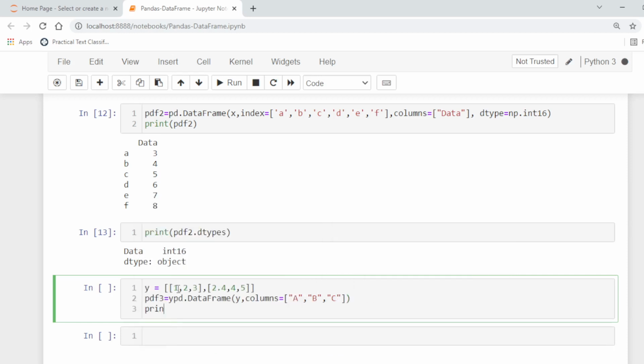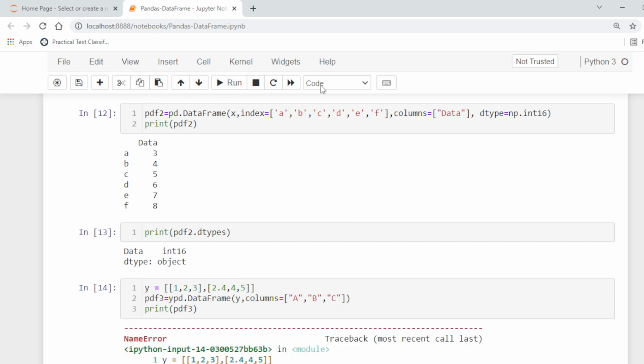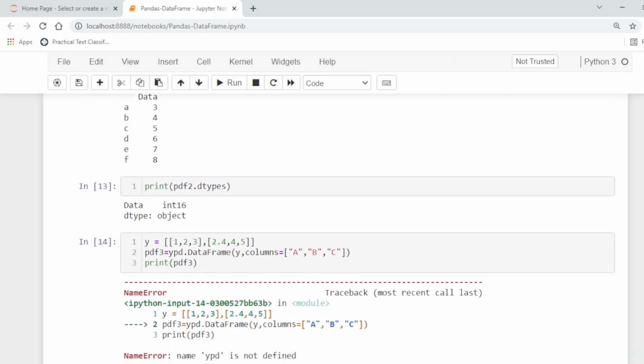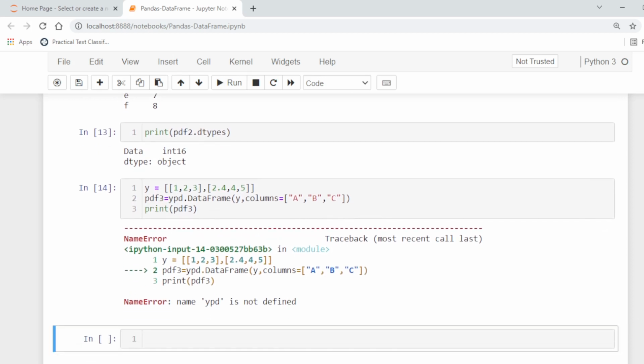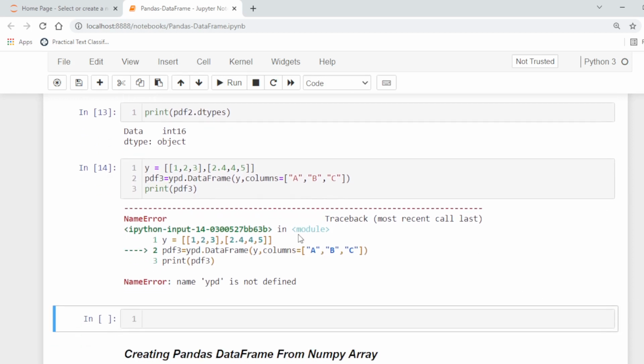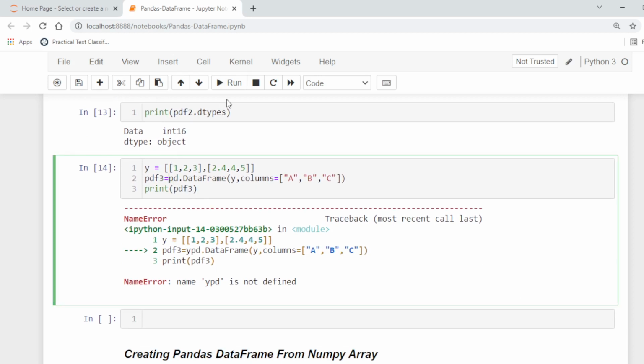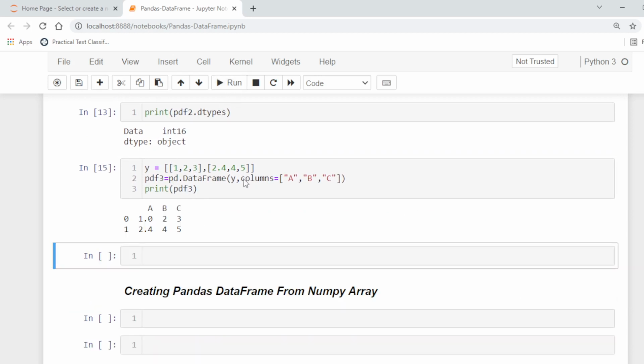Now to display the output of this, let's say we have pdf3. Okay, so this is actually a data frame. There are 2 rows and 3 columns.